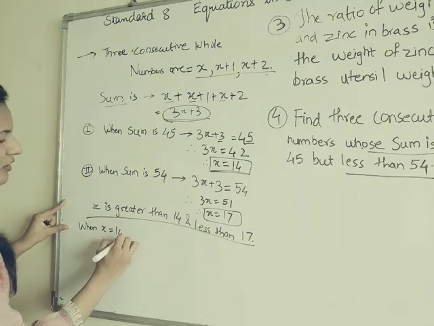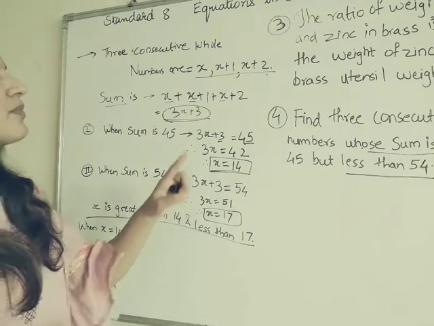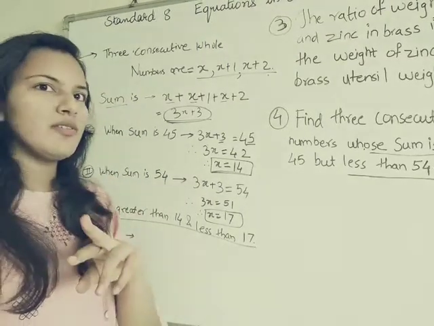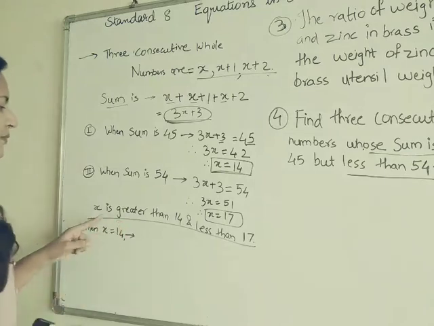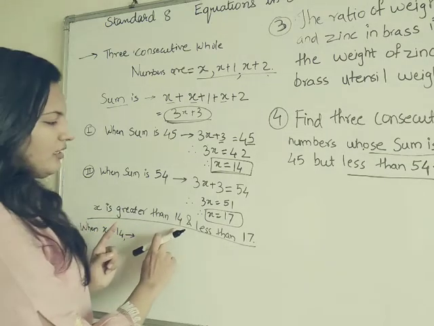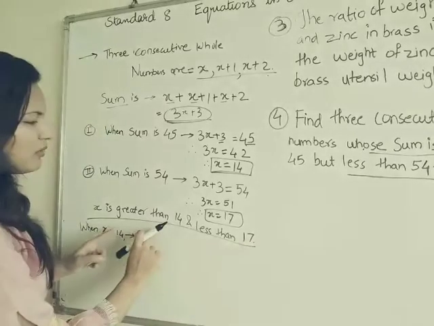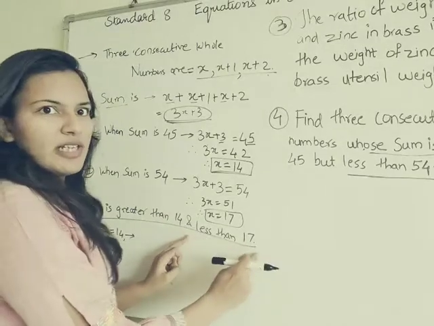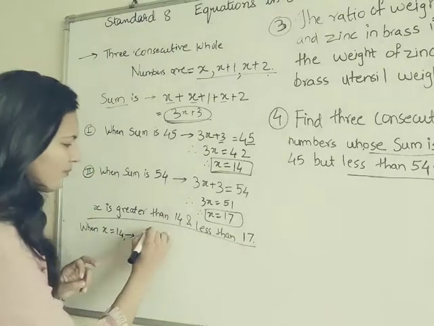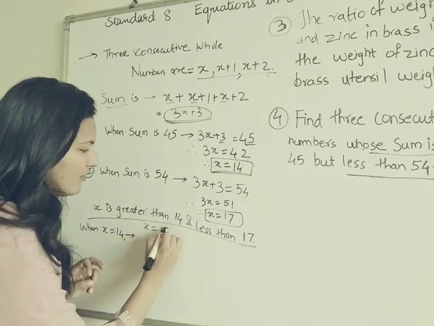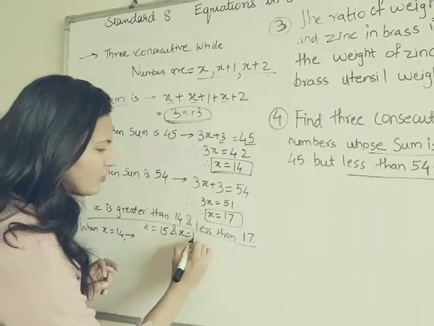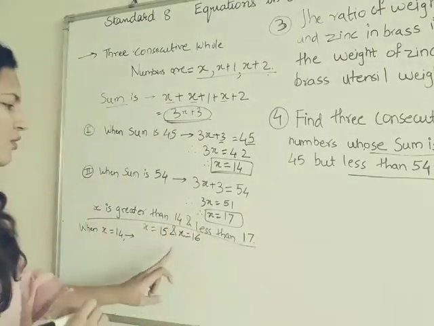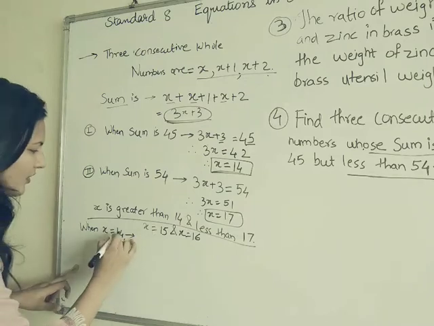Okay, so here, if you observe, I missed out one thing. The statement says x is greater than 14 and less than 17. So what will be the value of x then? x would be in this range, between 14 and 17. So x would be 15 and x would be 16. If you see, 15 and 16 lie between 14 and 17. So considering the first case, x is equal to 15, not 14.